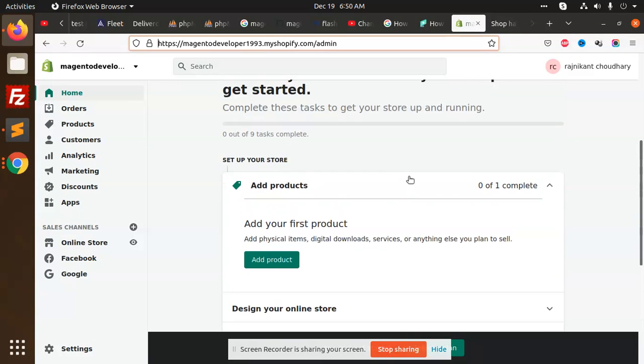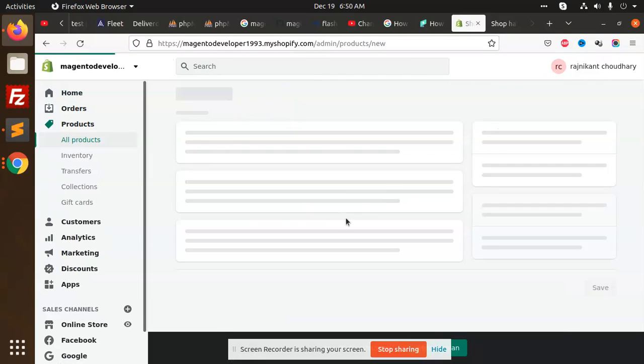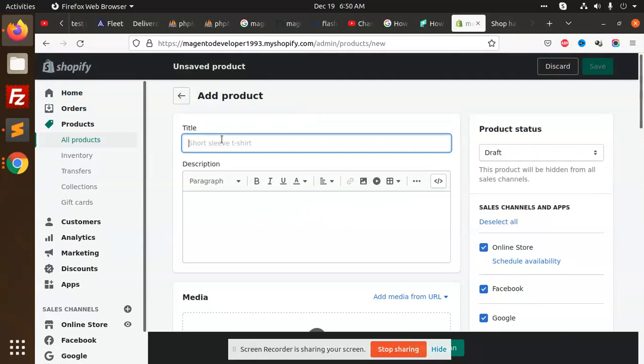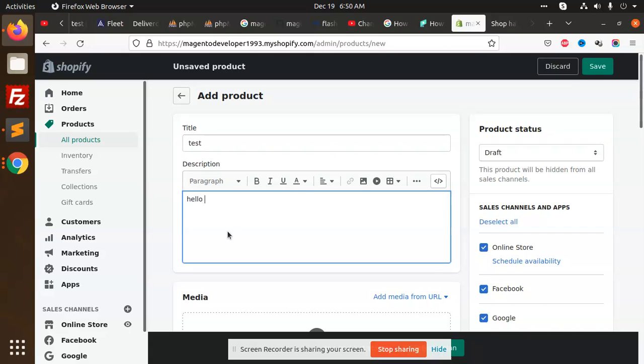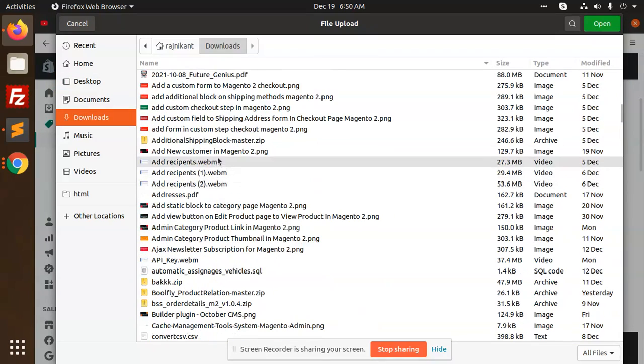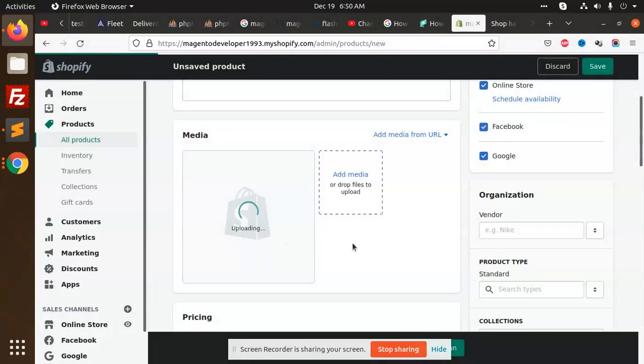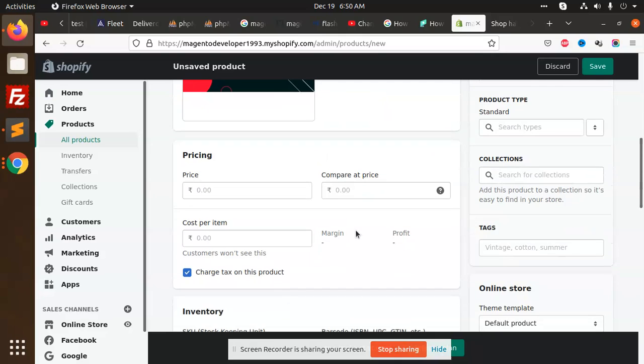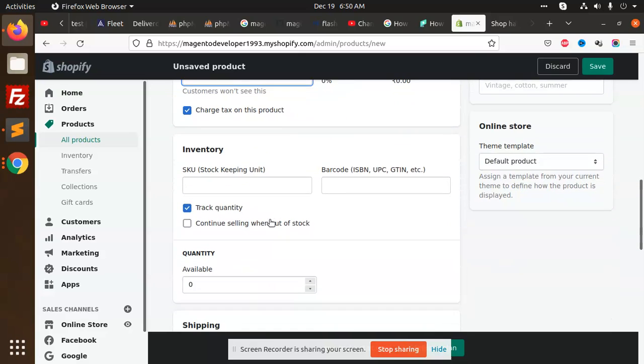Here we are going to add a product. Test. Hello, this is a test product. Media, you can download. Price one, compare price, no. Cost per month, yes.